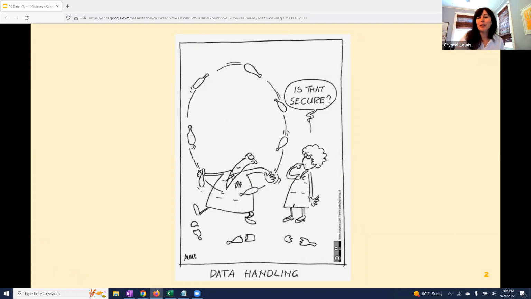So data management can feel overwhelming, and oftentimes we as researchers make mistakes, not because we're trying to neglect data management, but because we're trying to juggle so much already, especially with new projects just starting up. We often forget to or just have difficulty finding time to even consider data management. Or maybe we just never learned data management practices and we aren't even sure what data management should look like.